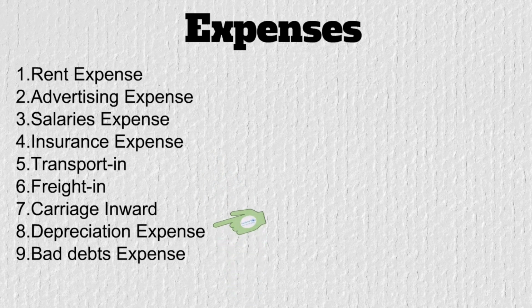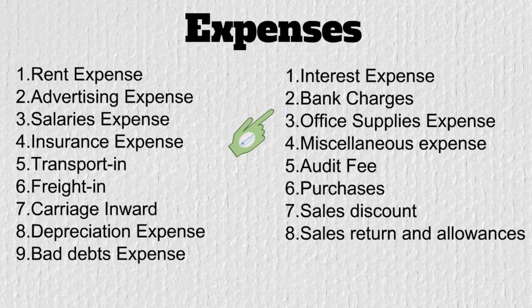Depreciation expense is the other expense. Depreciation expense is called the wear and tear cost of an asset. And bad debt expense means the amount that you will not receive in future. For example, you have lent your funds to somebody and now the chances are that you will not get your money back. That is called bad debt. Then we have interest expenses or financial charges on the debt financing instruments. For example, you have borrowed something from the bank, you're supposed to pay interest expense. That is called an interest expense or financial charges. Bank charges are also considered as financial charges.